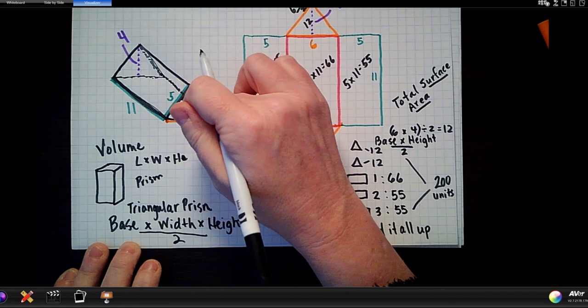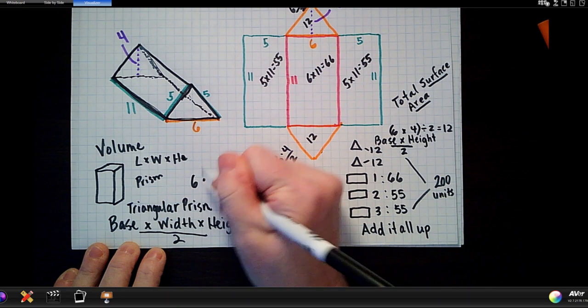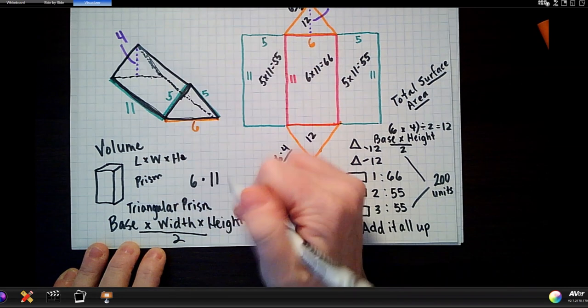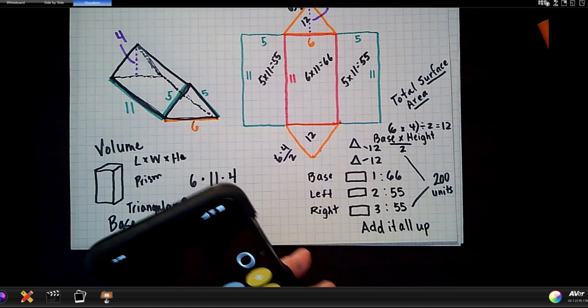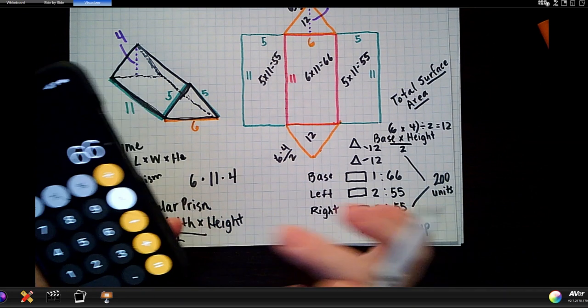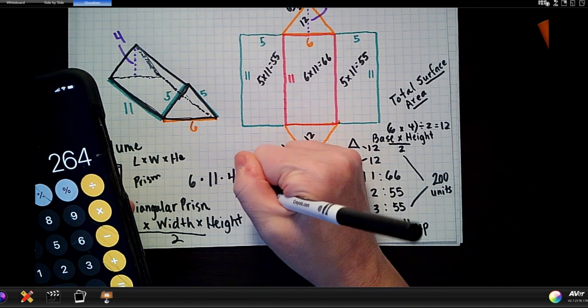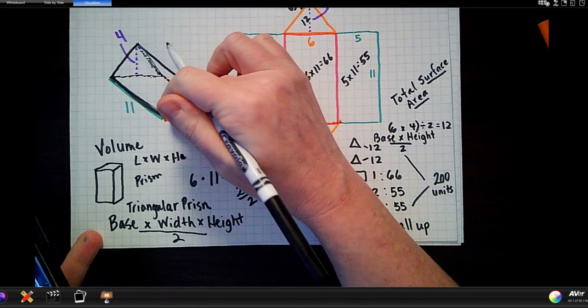So we have our base, which is 6, our width, which is 11, and our height, which is 4. So I'm going to pull out my calculator, and I'm going to do 6 times 11 times 4, and I got 264. But I'm going to divide that by 2